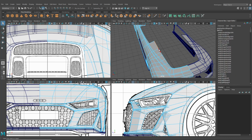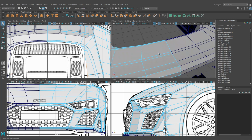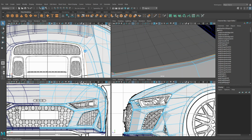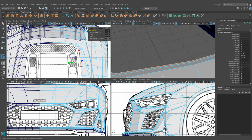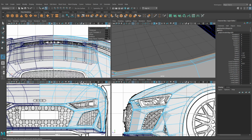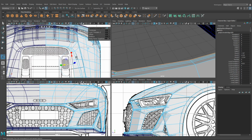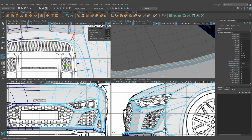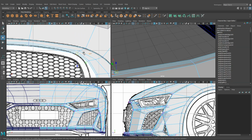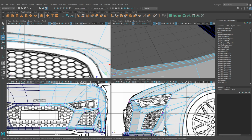So let's just do the same here. I'm going to grab all these edges. We're just going to continue at the point that we left off. I'm going to grab all these, hit Control E, and pull on the green to intersect the gap between the panels there. And what I'll also do is move in nice and close with my vertices here, and move these into a slightly better position so that they're hugging this line. I'll maybe just move to the one side of this like everything else. We'll just go to the